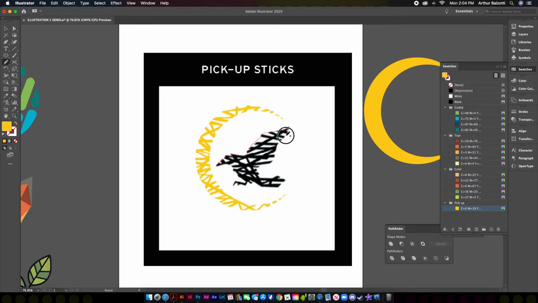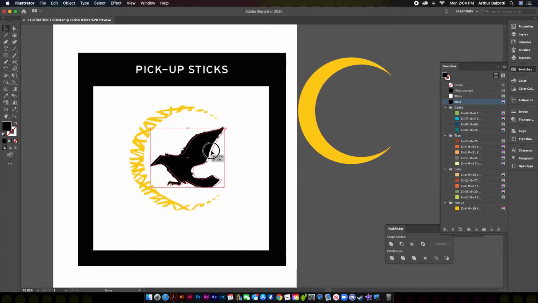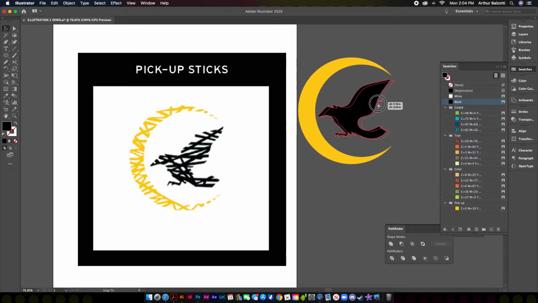If it's not exact, I'm not going to go nuts over this. It's more the style than the recreations, usually. All right, this is just the shape of a bird, so it's not incredibly important overall, but I'm going to trace it with the pencil, fill it with black, and there's my bird. Now I drop the bird right here, just about there, and again, it's close enough for this